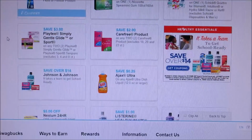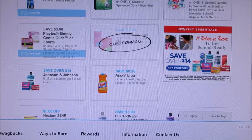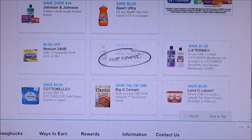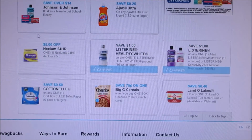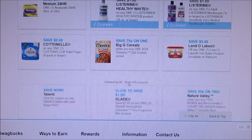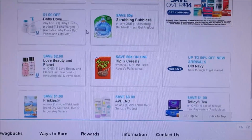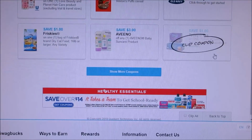We got $3 off of 2 Playtex and $2 off of 2 Carefree. Man, some great coupons. We got $1 off the Listerine products. And then we got, let's see what other good stuff we have. I'm hoping stuff. $1 off of Tetley